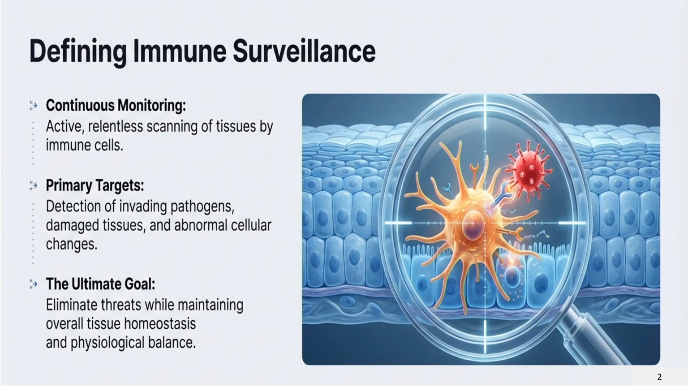Then come the primary targets. The primary targets are to detect pathogens, damaged tissue and abnormal cellular changes. Once they are targeted, they will be destroyed, and that's the third part. The ultimate goal is to destroy and eliminate the threats which are harmful for the body, which include